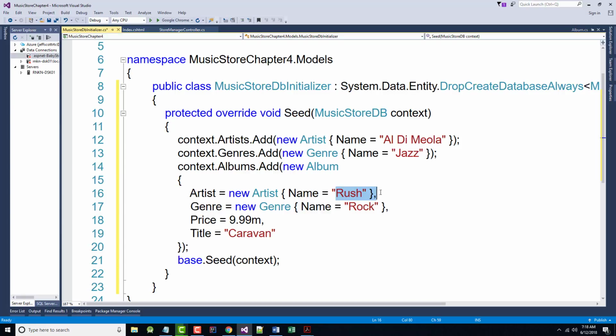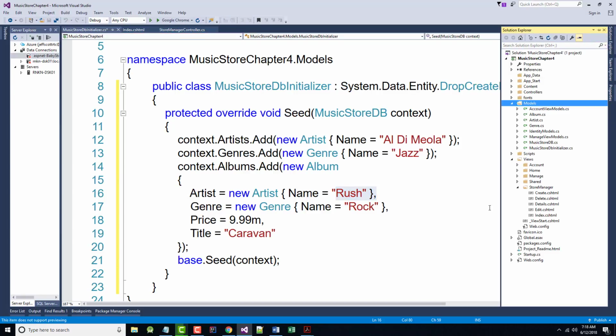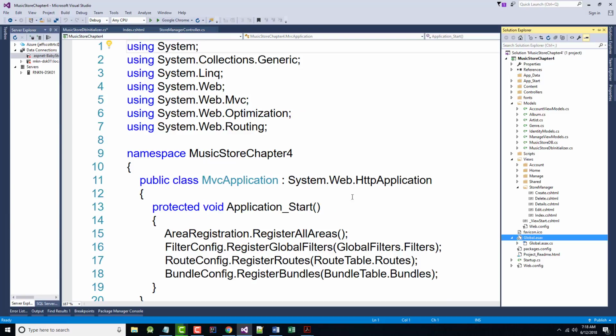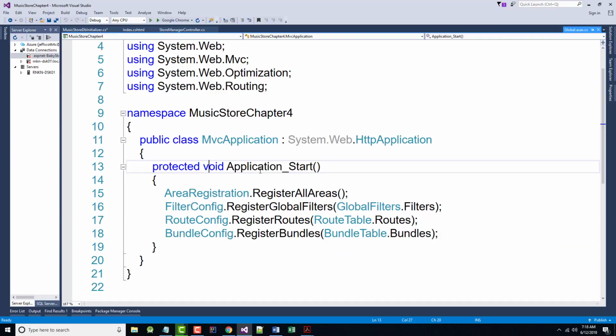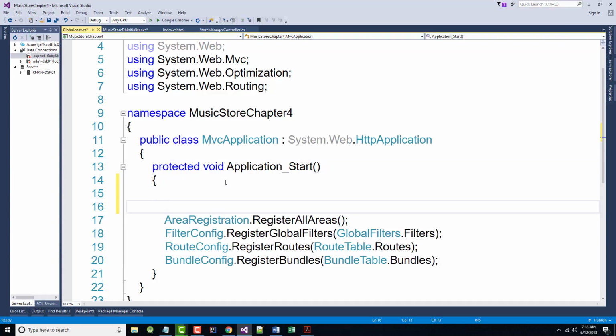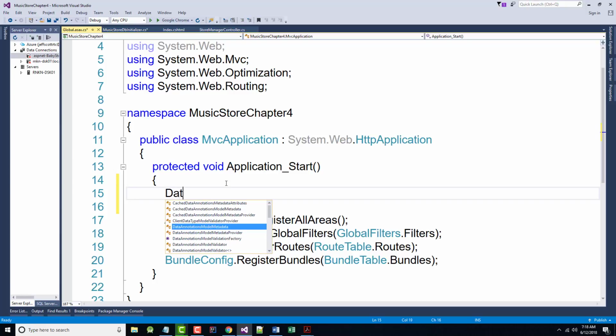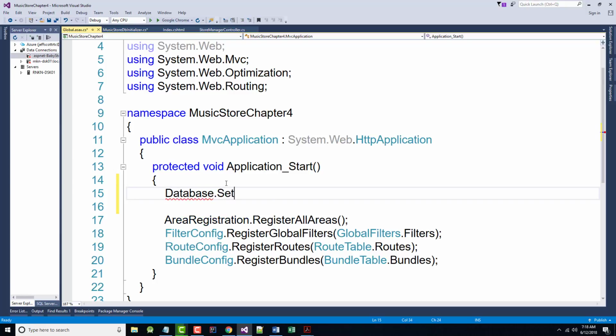It says for this to work, we need to go into our application startup code to register this initializer. So that is in this file down here, Global.asax. We need to bring that file up, and under our Application_Start, which is right here, we need to add at the very beginning, so add it right there, Database.SetInitializer, new